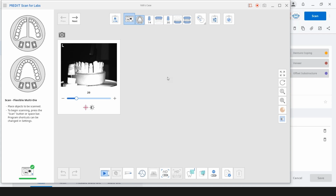So we do have the workflow where you can individually scan the dies on the multi-die plate, then you can scan the models, and then you can merge it and so forth. A lot of extra scans. This way, I can actually scan the upper model with the opposing lower die, and then I'll reverse that and scan the lower model with the opposing upper die,